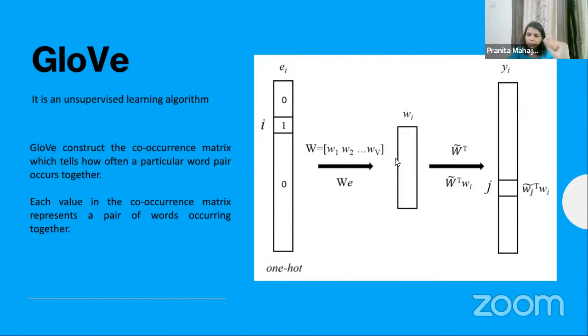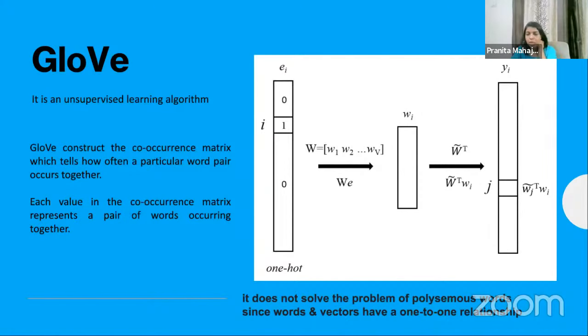And then it's again a deep learning model, so there are weights, and then it will construct the co-occurrence matrix, and that co-occurrence matrix will get multiplied with the weights, and then at last you will get the vector representation of that particular word. So the vector representation of "I". In other words, it will create the embedding for a particular word, which will be a real value representation of the word along with its context. I'll show you when we implement